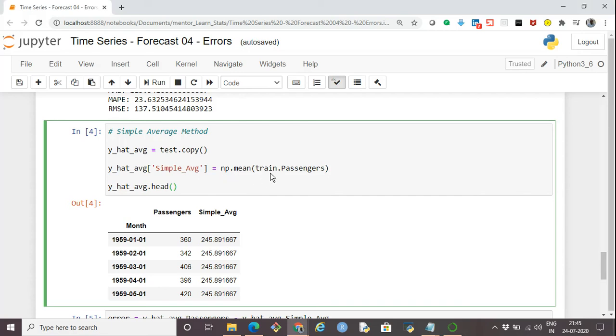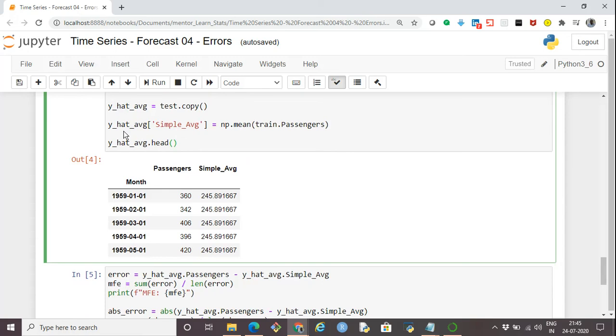Actually it should be train passengers, because ultimately we have to take the mean of the values that happened in the past, that is the historical mean here. So train dot passengers mean we have to take, and as per the simple average method, the forecast value would be the mean of the values that we have already seen historically. That becomes the forecast value, and if I put it in this data frame, then this is the actual value and this is the forecast value.